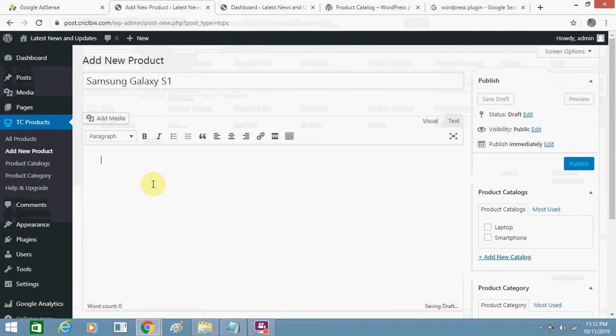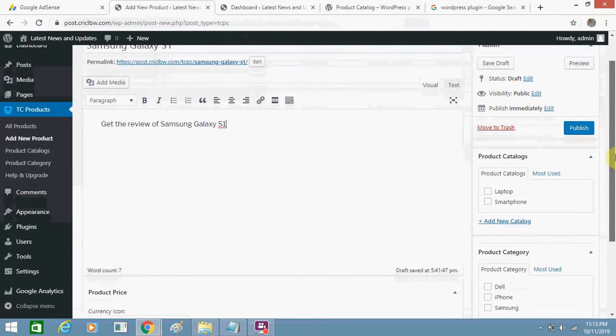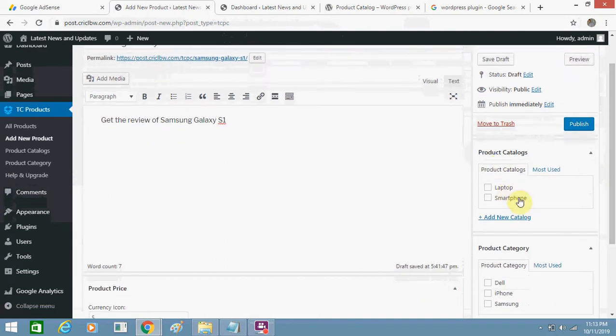Okay, so you can type a description. And here you can just create.